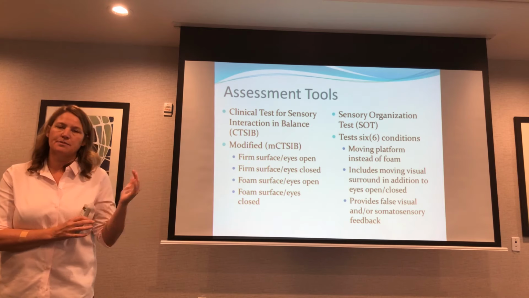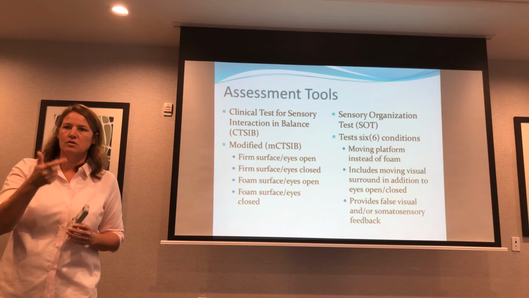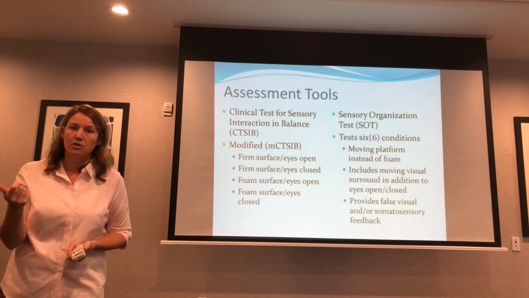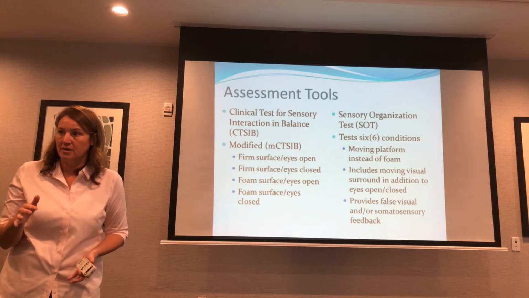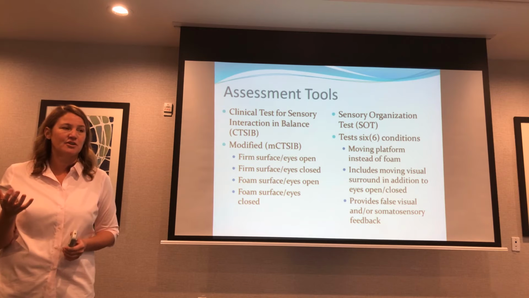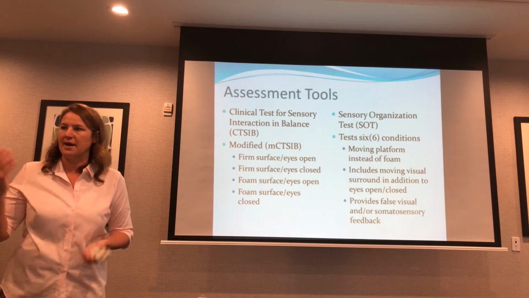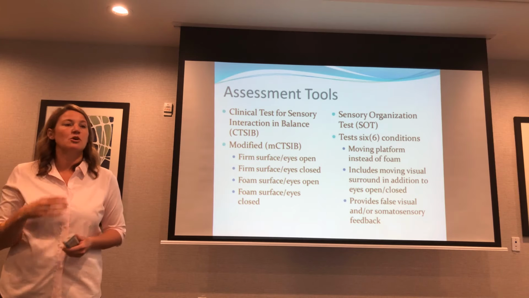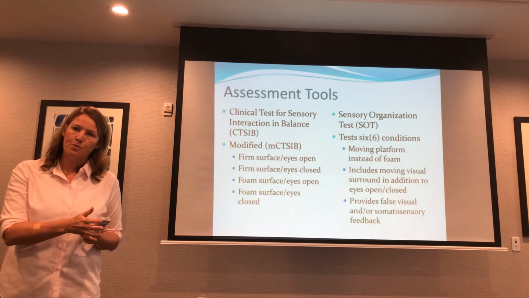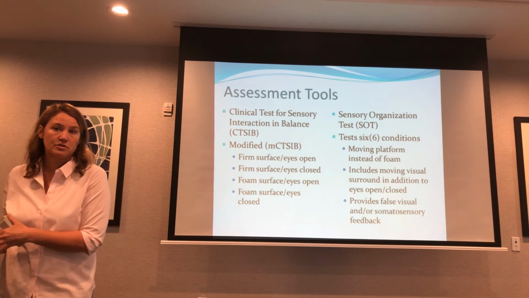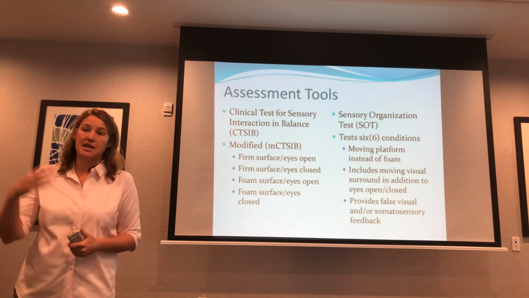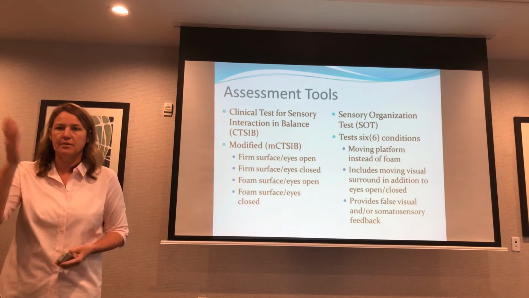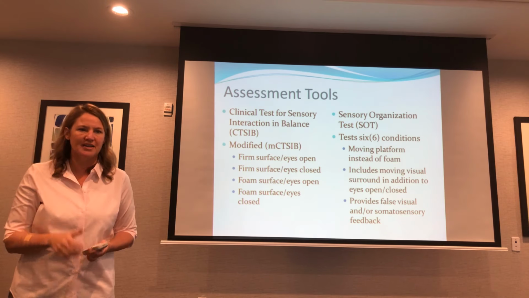So when you think about that last picture, we've got the vestibular, the visual, and the somatosensory system. To test how one system is doing, you can test it by eliminating the rest of them, which is not easy to do. It's very difficult to eliminate somebody's vestibular feedback. It's really hard, but it's easy to eliminate their vision. Close your eyes. So that's why so many of our tests are, you look at them with their eyes open, and then you look at them with their eyes closed. And as we go through the standardized tests that you're often using, or if you haven't been, you will be, because I'm going to make a fan of them out of you.